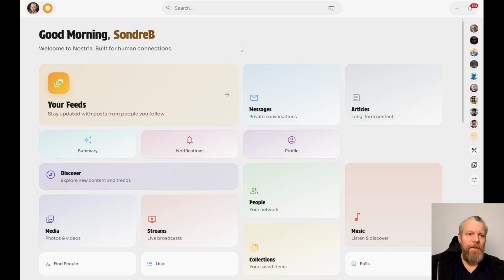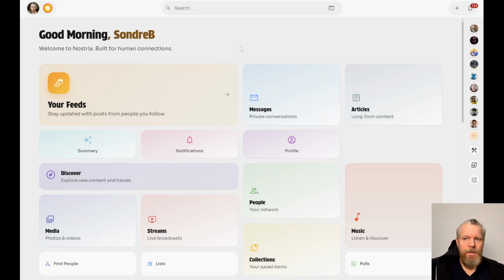So what I will do, I will actually use my own account. I don't have much time to consume content on Nostr because I'm too busy building Nostria, what I'm showing here now. And we'll go through this together and we'll clean up my feed and get very good content, because there is plenty of good content on Nostr. There's so many good people here.